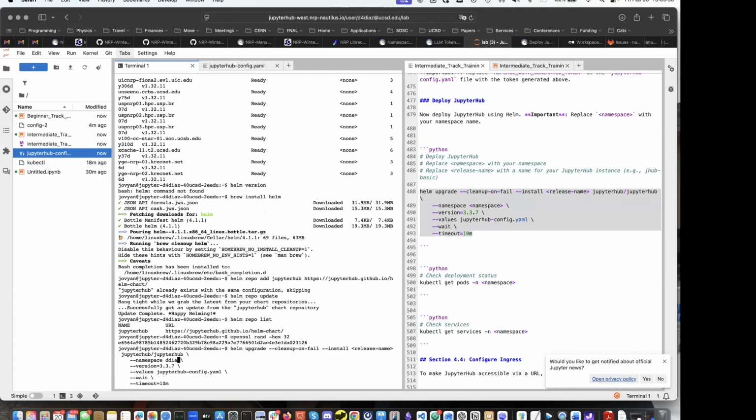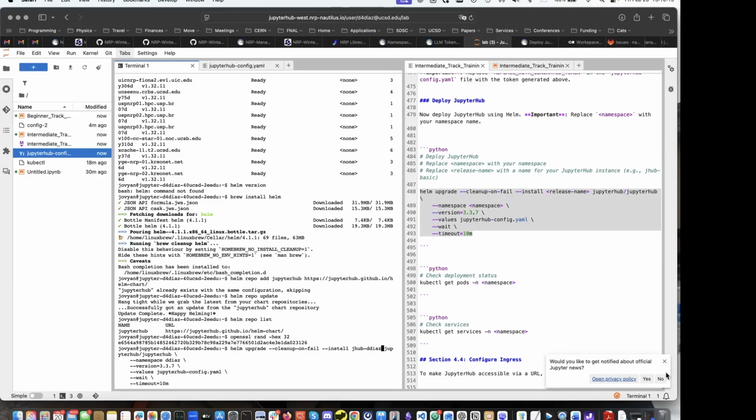So make sure you use it in a namespace that doesn't have JupyterHub or have used JupyterHub or is using JupyterHub right now. So I'll just call it JHub BDS. Okay. So here I'm just copying this line from the instructions,